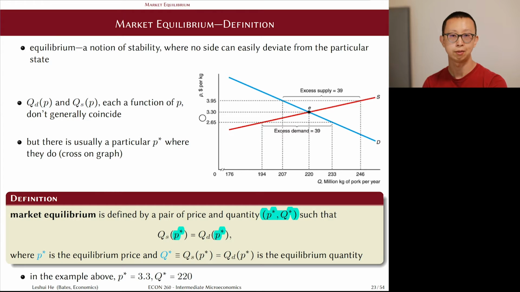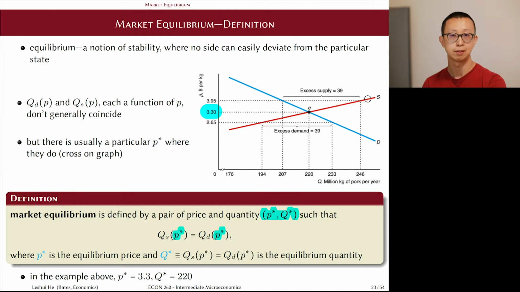If you look back to the graph, that's exactly what we're trying to describe when we think through it. At the same price level of 330, quantity demanded and quantity supplied are both 220 on this graph, and they agree. Once you move away from this particular P star level of 330, quantity demanded is no longer in agreement